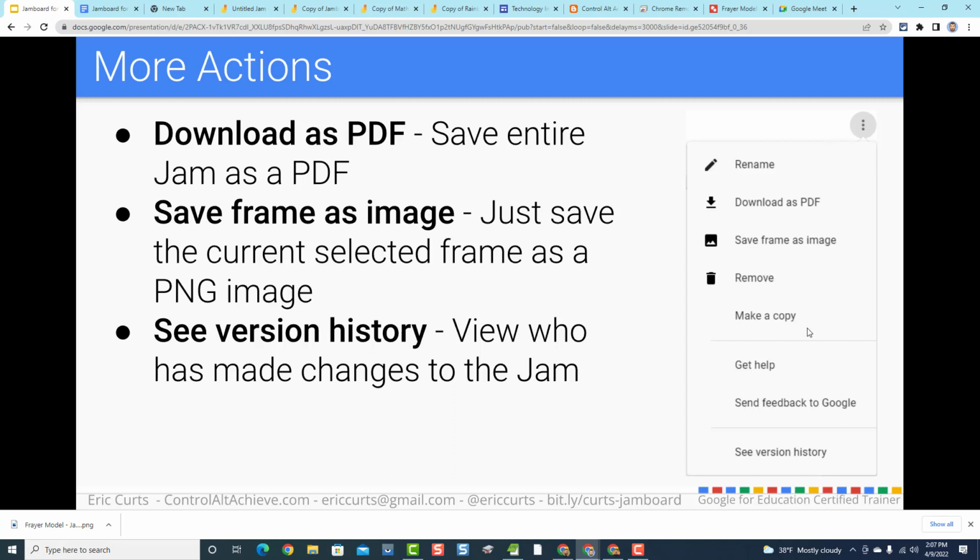And then, hey, now you've got your own copy of that Jamboard, and you could start using it for yourself or with your students. So later on, when we talk about templates, that's really helpful if somebody has not forced a copy, if they've just let you do a view only look at the Jamboard, you can make your own copy. This is also where to go to see the version history of a jam,